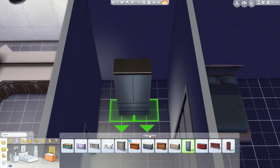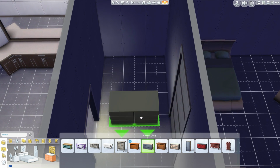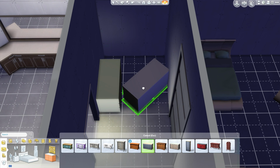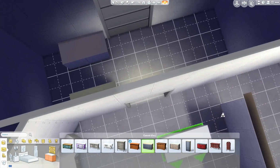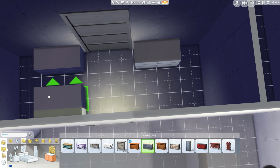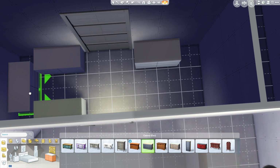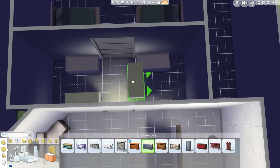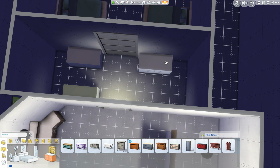So if we get... Probably not tall ones. We probably just want lots of these. Look, we'll come back and fine-tune this later. That's pretty much my motto with this build. But at the moment, I'm just trying to get a feel for where everything's going to fit in and all that. So these will all go in like this. I feel like they need somewhere to sit and change. That doesn't really fit in though, does it? Kind of need that space to be a little bit bigger. Or we just have...